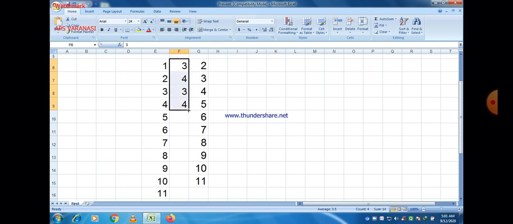So if I just drag it, you can easily see 3 4 3 4 4 4 4 5 5 5. So that sequence is followed. So it basically depends on you what type of sequence you want in your Excel sheet.